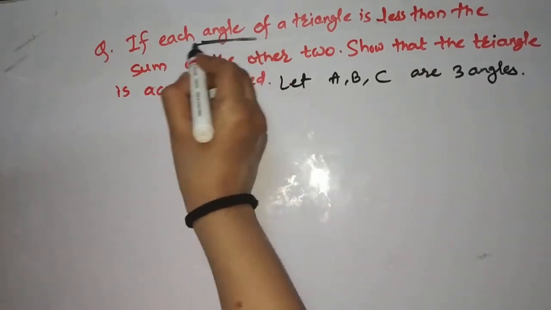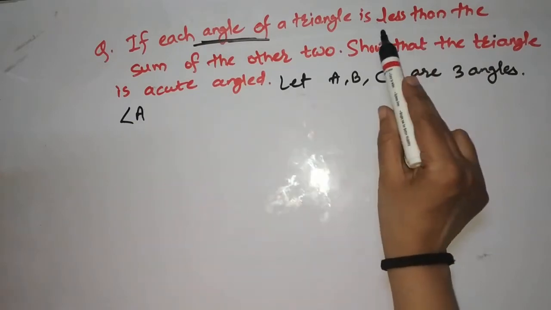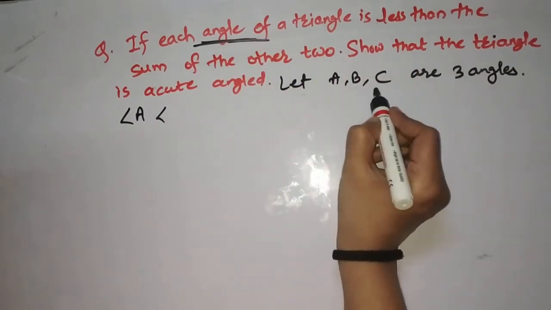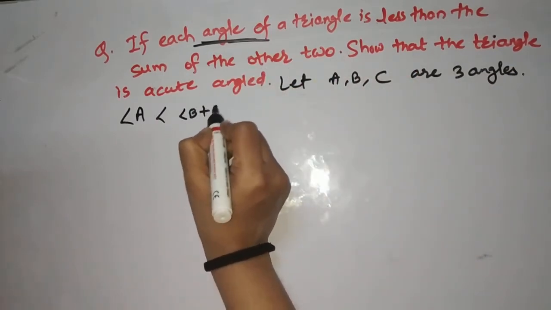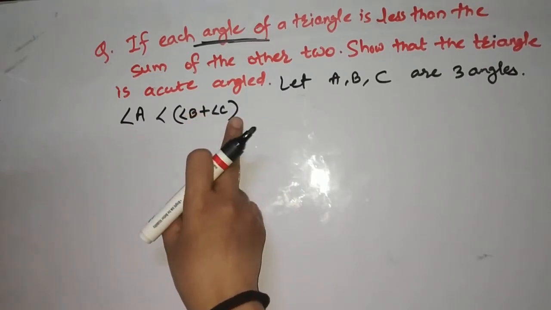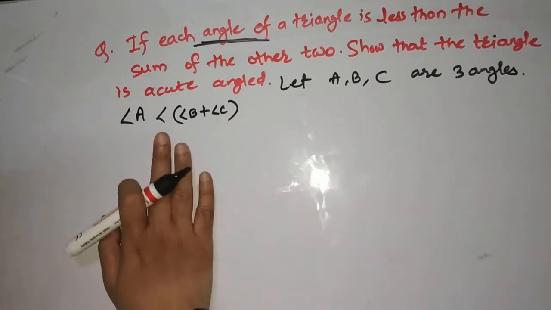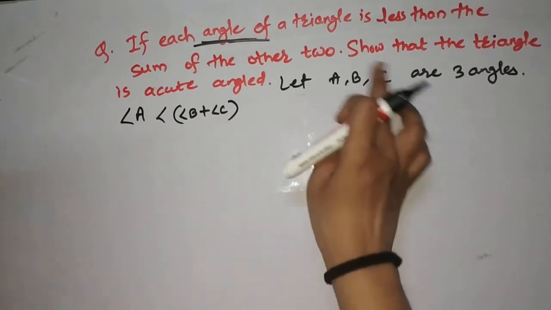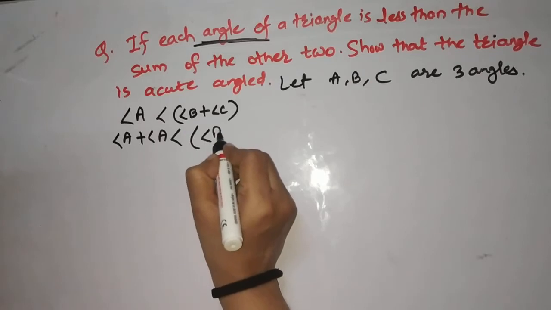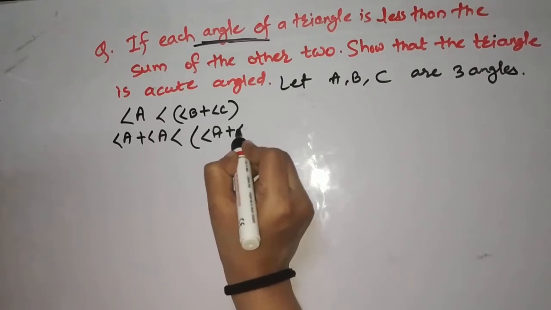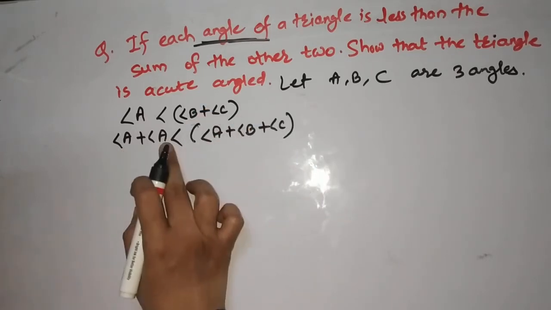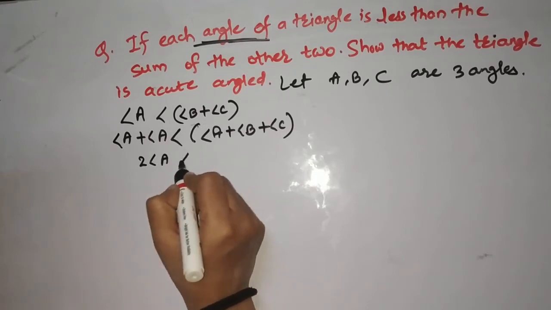So according to the given condition, each angle, suppose A, is less than the sum of the other two. The other two are B and C and their sum is B plus C. So friends, angle A is less than the sum of the other two angles. Now we'll add angle A to both sides in order to prove it. So angle A plus angle A is less than angle A plus, in brackets, angle B plus angle C. So A plus A is twice angle A, which is less than